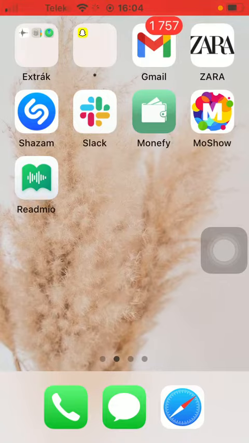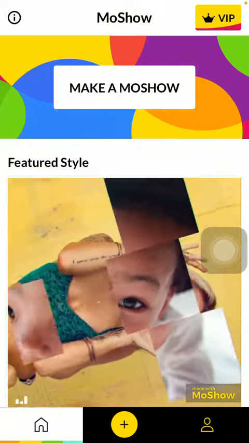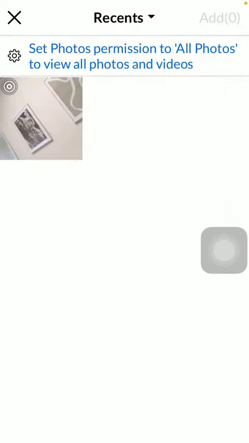First of all, open the application on your phone, tap on the Make a MoShow button at the top of the screen and select pictures and videos from your gallery. Tap on the Add button